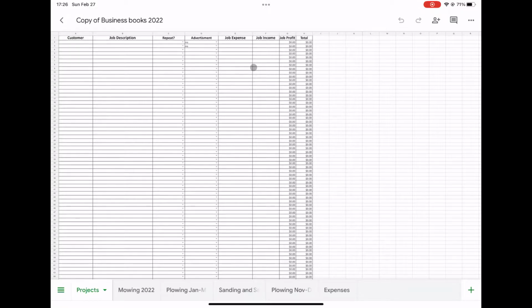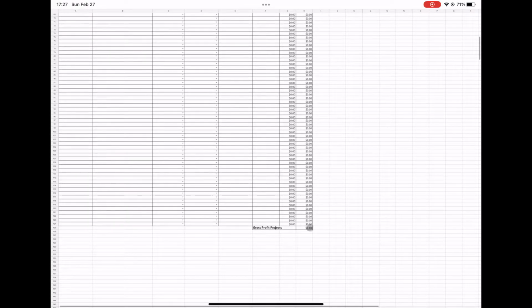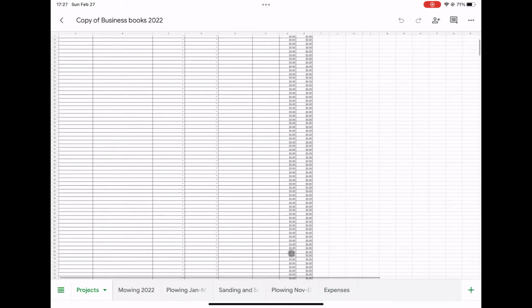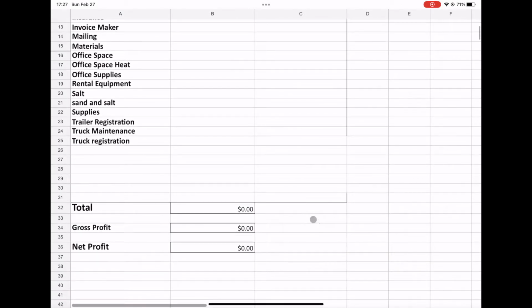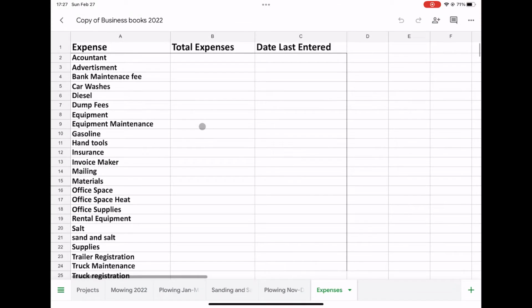And then I just put the job income in this column because this column at the end is totaled up here. And then that gets transferred over onto my expense sheet here. And that is subtracted from my expenses, such as all these. And these are all added up